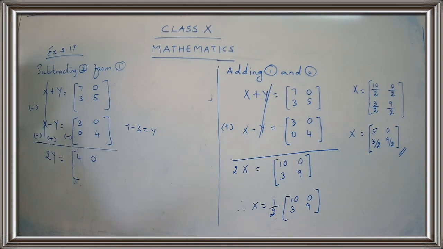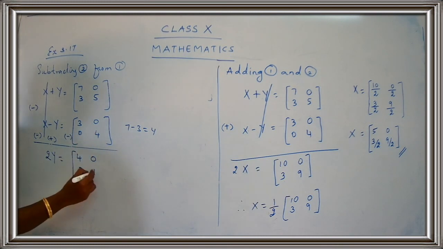0 minus 0. 0. Be careful. Here the numbers may be simple, but where you make mistakes is in the sign. You make a mistake in sign, so you have to be very careful with the sign. Next, 3 minus 0. Be careful with the element. I have told you, you have to choose the corresponding element. So 3 minus 0. See, 3 and 0. So the answer is 3. Okay, next. 5 minus 4. The answer is 1.